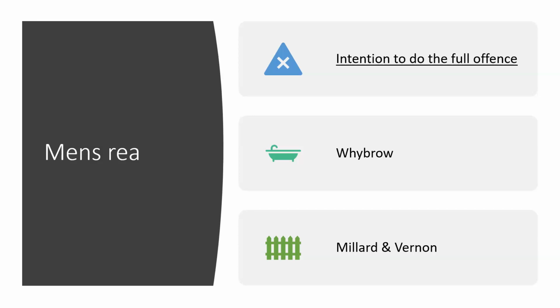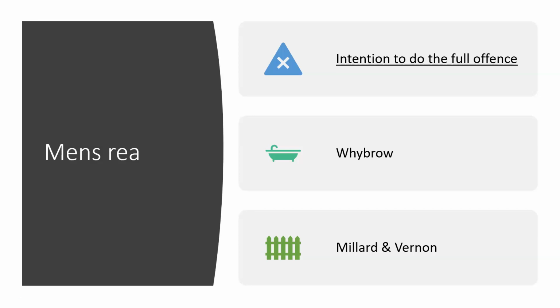So that sort of lays out that case. Millard and Vernon, there were 2 kids shaking a fence, and they were arrested for attempted criminal damage. And they certainly didn't intend to do criminal damage. They knew there was perhaps a risk of doing it and decided to take that risk anyway, which is the definition of recklessness from the case of Cunningham. But the court determined that recklessness is not sufficient for mens rea for attempts, so therefore it has to be intention to do the full offence, so therefore they were not guilty.